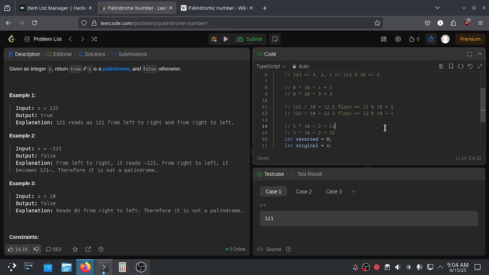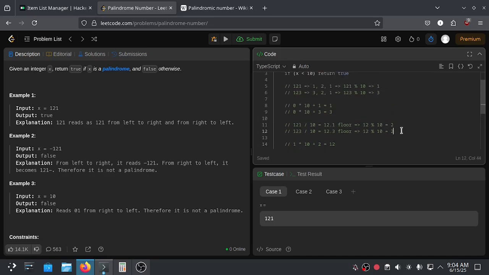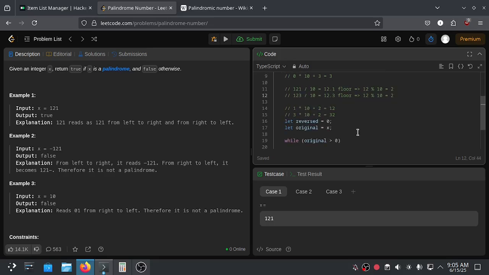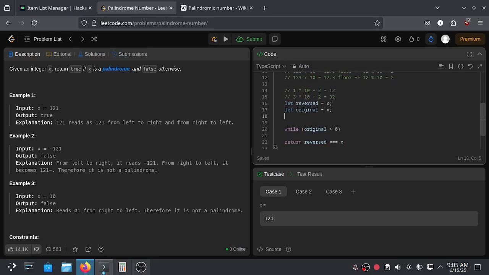For the last iteration, if we floor 3 divided by 10, which is 0.3, then the floor will be 0, and the iteration will stop. Don't forget to define the last digit as 0.